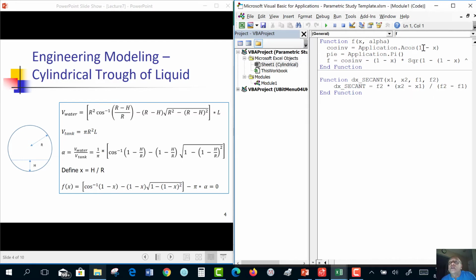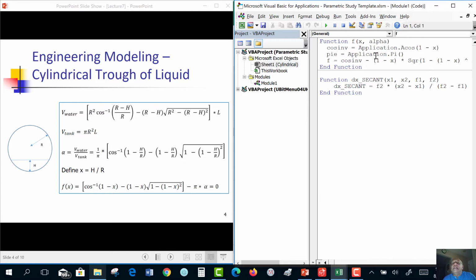We know that there is a cosine inverse in Excel, and that function is called acos. So we'll find cosine inverse of 1 minus x in Excel. So we will prefix it with this word application. Application refers to Excel. So we are saying go to Excel, compute cosine inverse of 1 minus x, and let's call this value